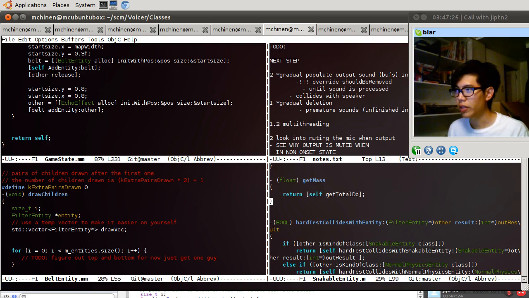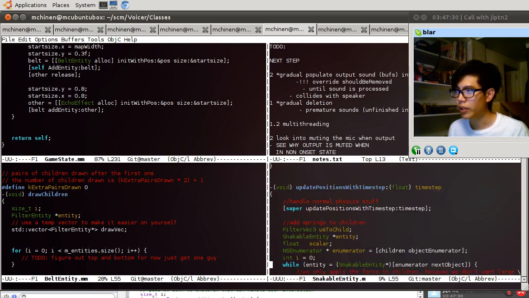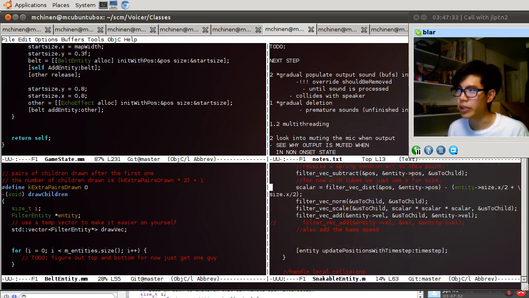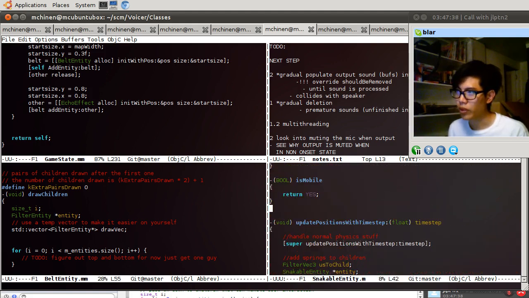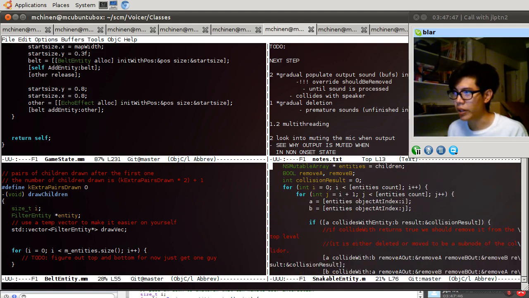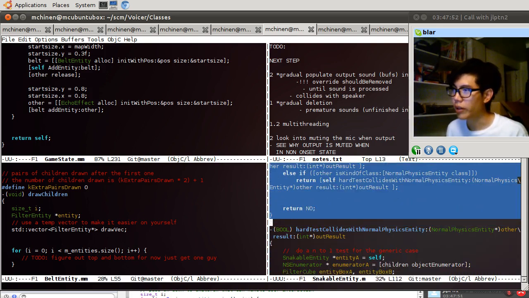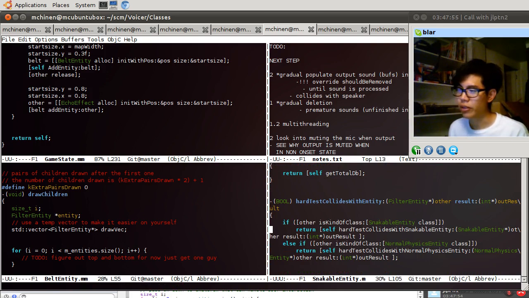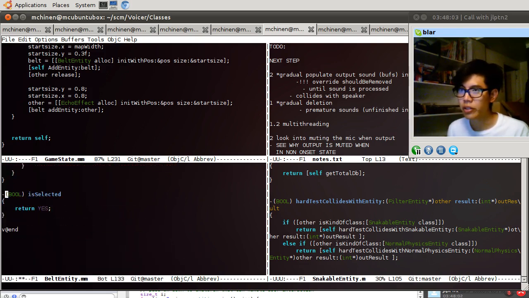Yeah, there's hard test collides with entity and also test collides with entity. So the test collides with entity just looks at the immediate XYZ bounding box. Since we are using rectangles and squares only, so far that's been exactly what we want. But for example, the shooter object, I think, might redefine this, the hard test. And for snakeable entity, we're doing something weird. We needed to check